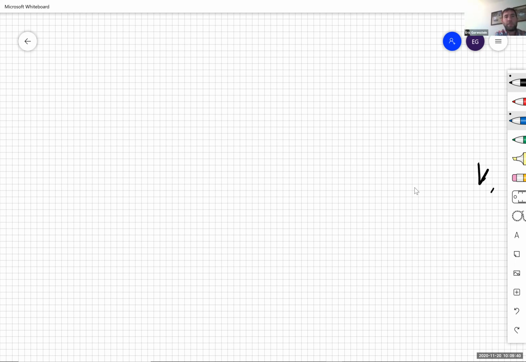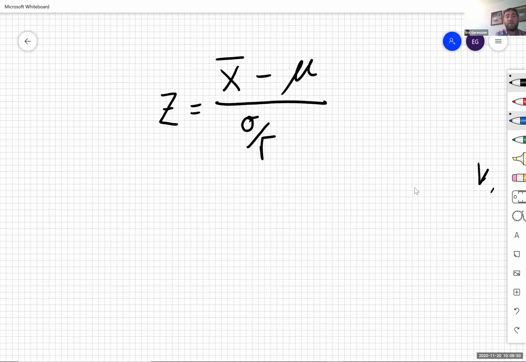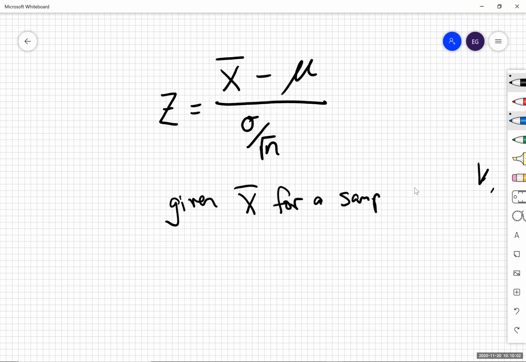So in section 6.4 with the central limit theorem, that was that Z equals X bar minus the mean divided by the standard deviation over the square root of n. For these problems where you're given X bar for a sample, well, when you're given a sample mean,